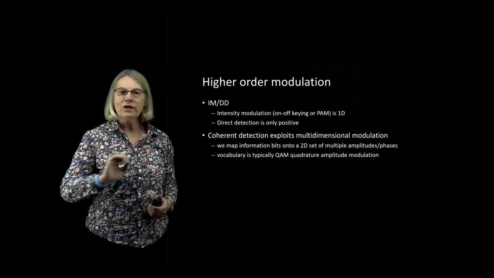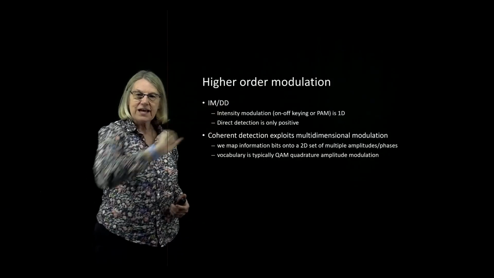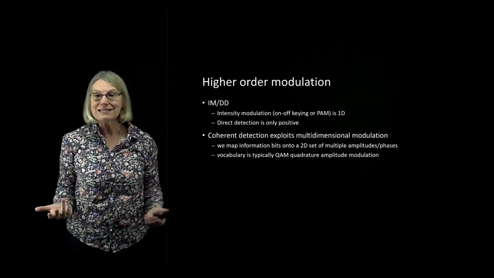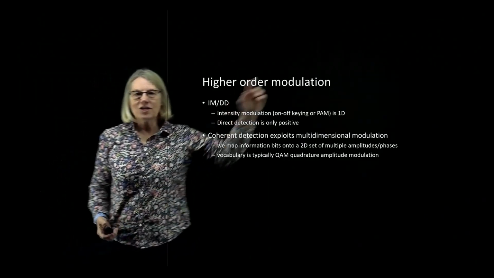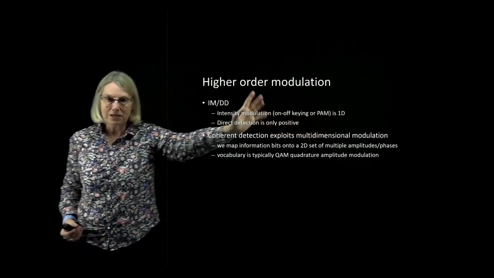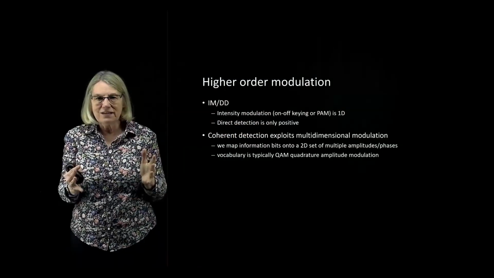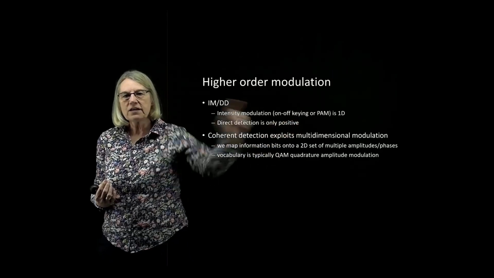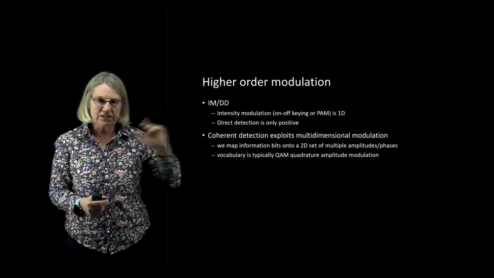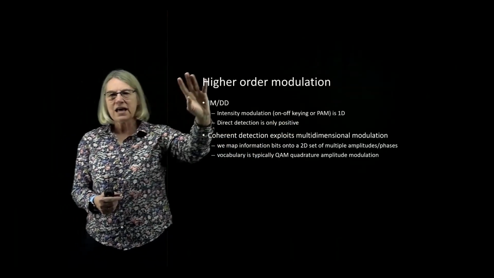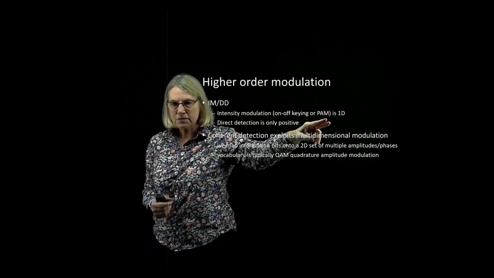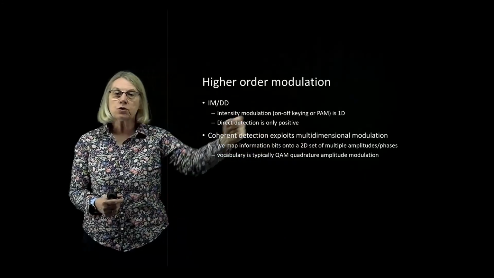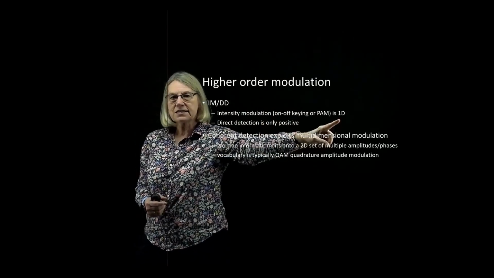And also, when I use IMDD, the direct detection means I'm detecting power, and power is only positive. So in addition to being a one-dimensional modulation, I'm also restricted in how I can exploit it from an information theory point of view, in that I'm only allowed to have positive signals at the detection. Okay, so that's higher order modulation. It's possible with IMDD, higher order in terms of more levels, but in terms of dimensionality, it's still a 1D